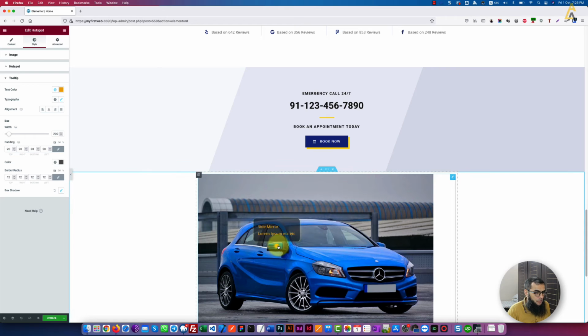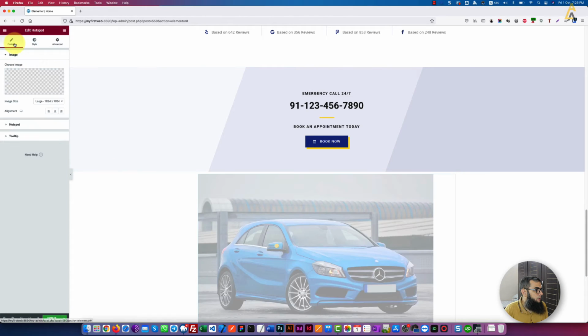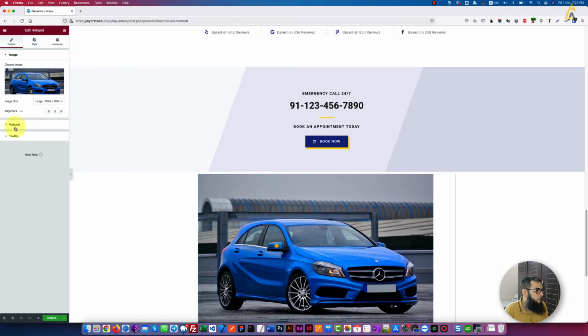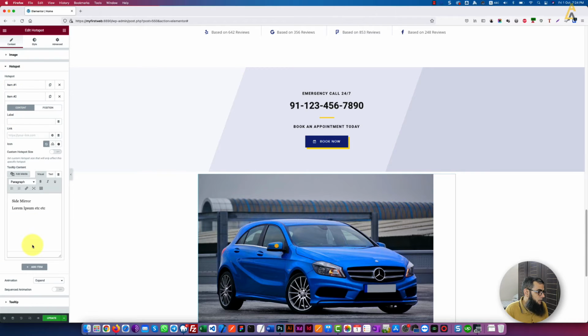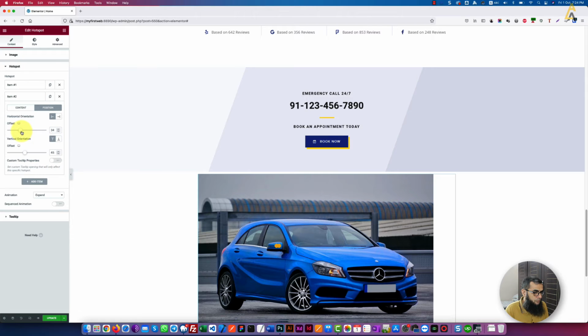Okay, likewise you can put any other hotspot on any other part. For this, going back to the content section, then the hotspot, and I am just copying the first one. Now you need to change the position so it can be in a separate place, maybe offset. You can see now it is moving, and let's say I put it on the windscreen,